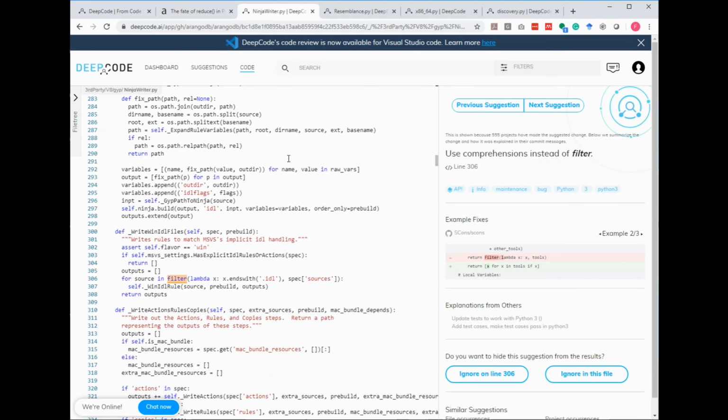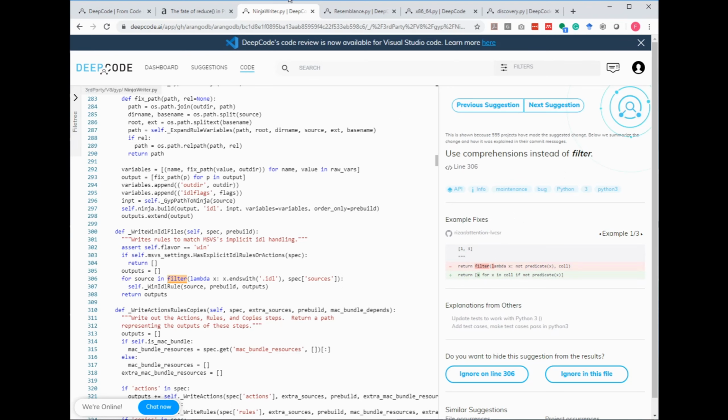I have a sequence of examples here, obviously Python examples. You see the code on the left side and the suggestion on the right side, and it says use comprehensions instead of filter. As Guido just said, what he would like to do is replace the filter lambda combination. On the right side you see the examples that we found in 555 projects that were actually following his advice. Instead of filter lambda, they're now using a comprehension: x for x in call if not. If you compare them to each other, you see how this works.